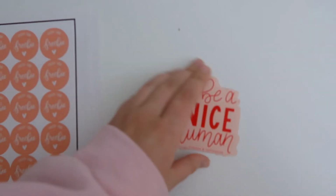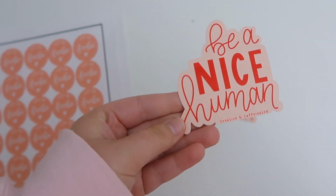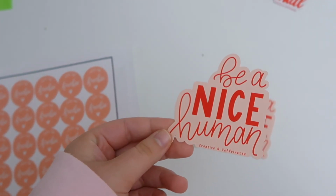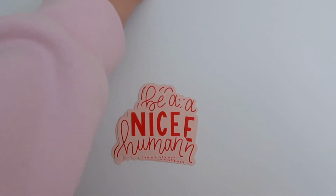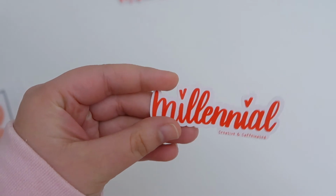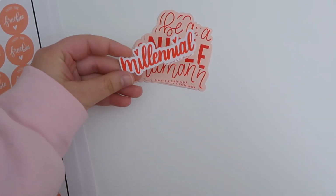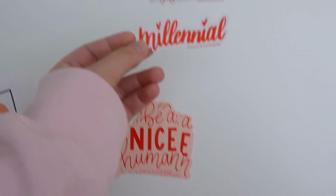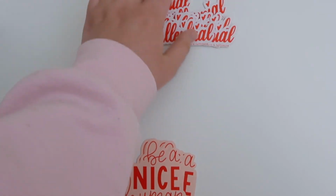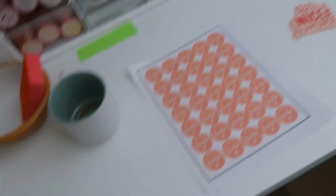Then I did this sticker design. This will be up on the shop during the next launch. It just says be a nice human. Nice pink and red color scheme, which I'm really into right now. Then I have this Millennial sticker, also die cut, a little bit smaller. I believe it's like 1/2 inch by 3 inches. So there's a size comparison. And I have a whole bunch of those. So those will also be in the next shop launch. And the one that's printing now